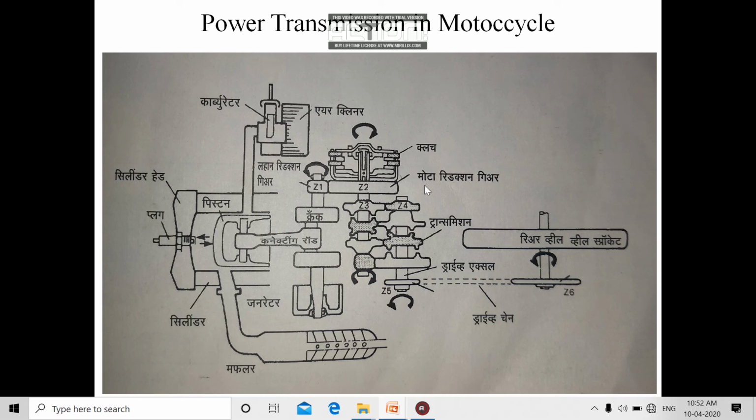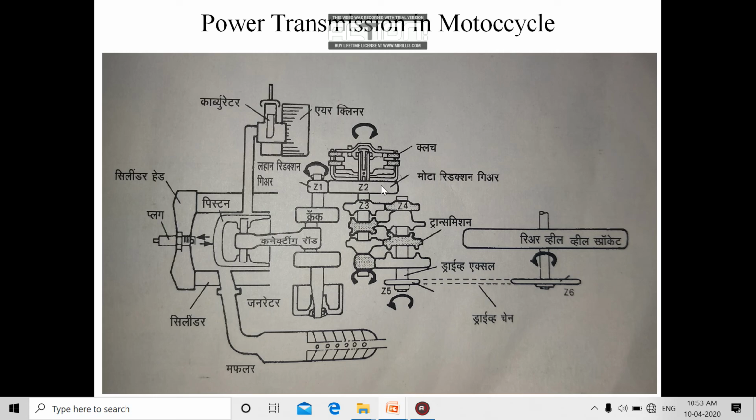Okay, so we are already familiar with how the clutch system engages or disengages in the case of the multi-plate clutch system, so I'm not going to repeat that here. Our main question comes here: at which location should which type of starting system be connected? So I am starting first of all with the manual kickstart system. The manual kickstart system is 99% of the time connected to the right side housing of your motorcycle.